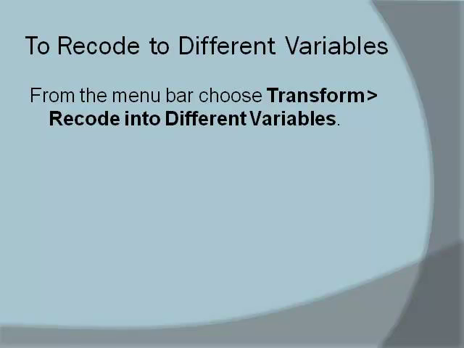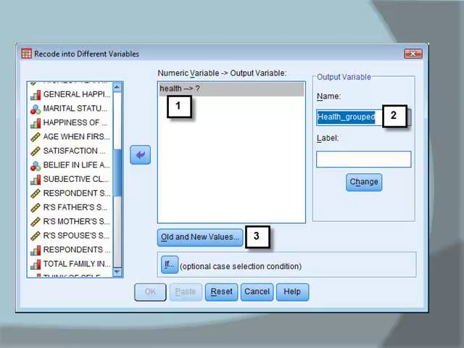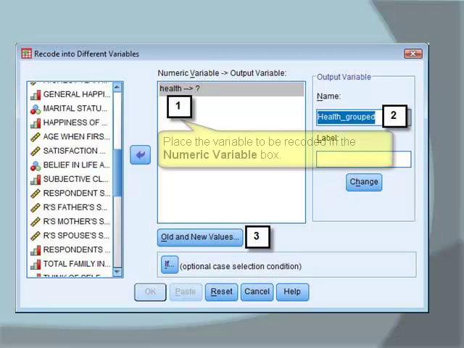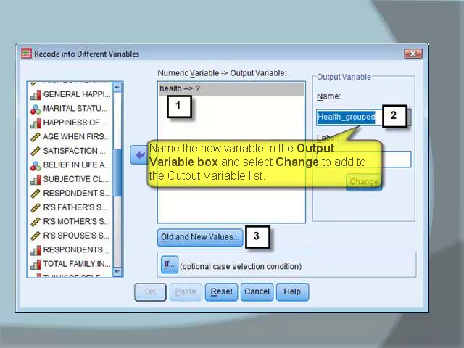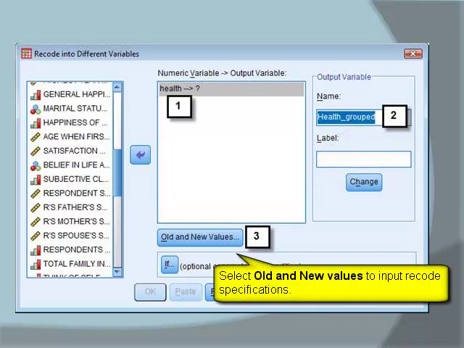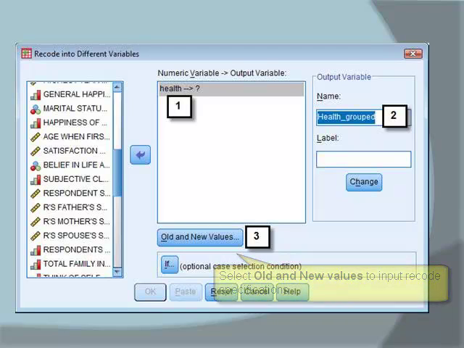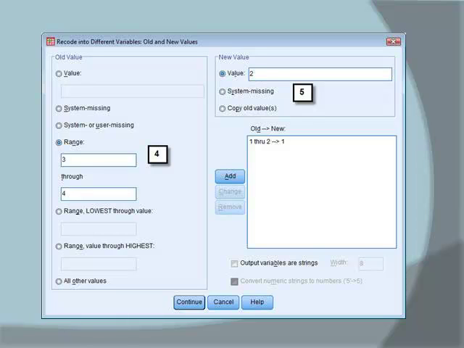To recode into different variables, from the menu bar choose Transform, Recode into Different Variables. When the Recode into Different Variables dialog box opens, place the variable to be recoded in the numeric variable box. Name the new variable in the output variable box and select Change to add to the output variable list. Select Old and New Values to input recode specifications. When the Recode into Different Variables Old and New Values dialog box opens,